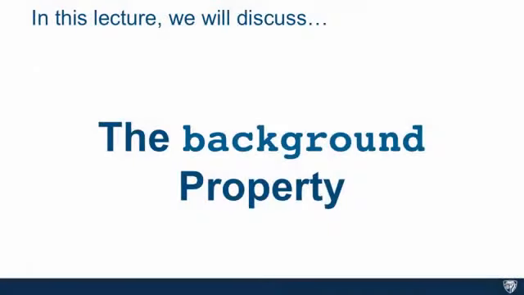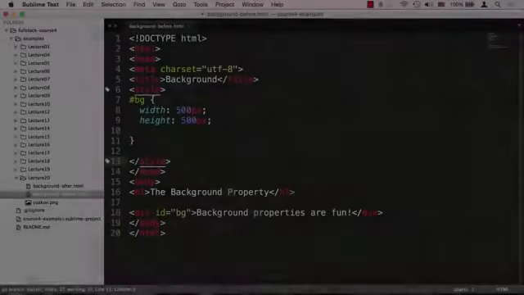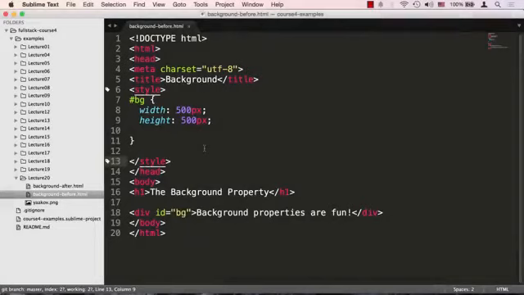Up until now, we've been using the background property just to set the background color. But the truth is, there's many more properties we could set. So let's jump into the code editor and take a look. Okay, so here I'm in Sublime Text, and I'm looking at the file called background_before.html, and it's located in the